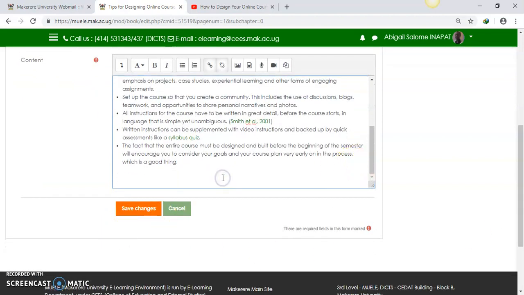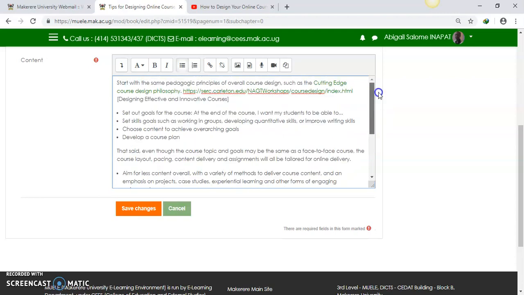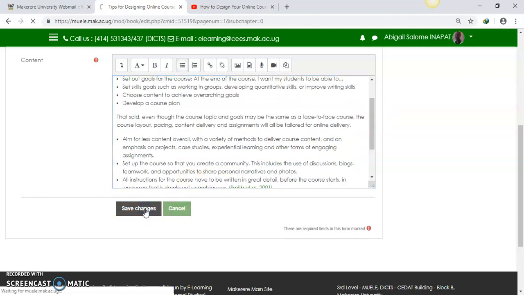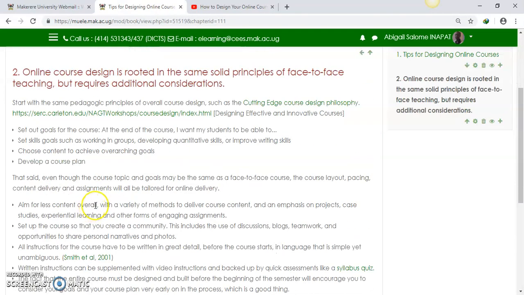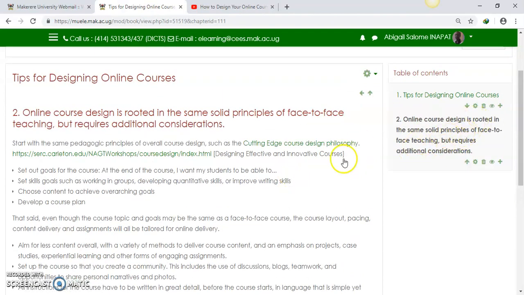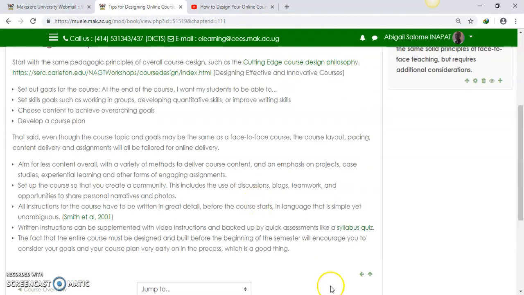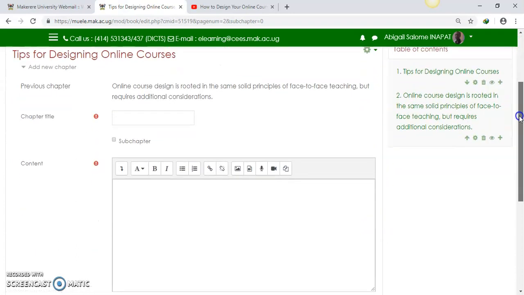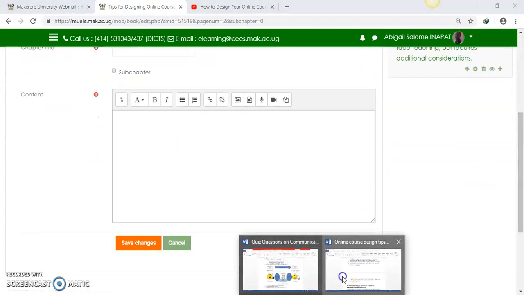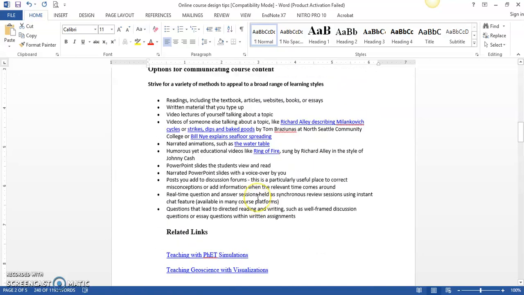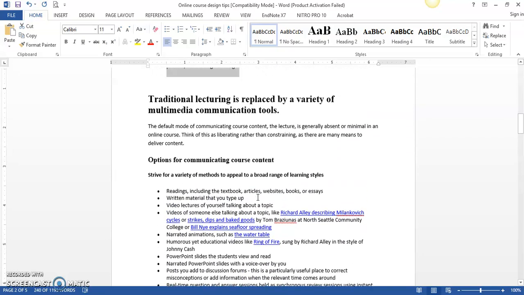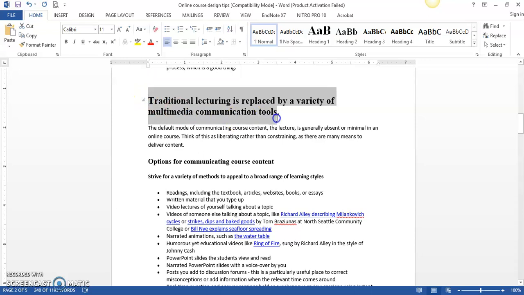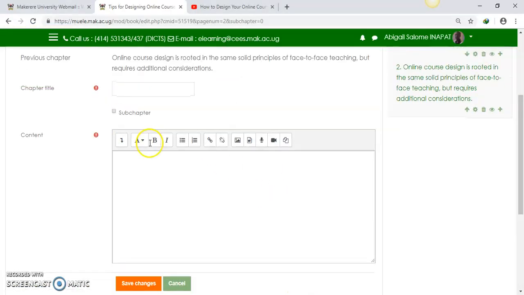When I have added it and I'm satisfied, that's what I want, I'll come and say save changes. So my changes are saved for the next chapter. As you can see, I would like to add another chapter. So I click on the plus icon and then I will pick the information for that next chapter, which is here. Here we go. And then I'll come and